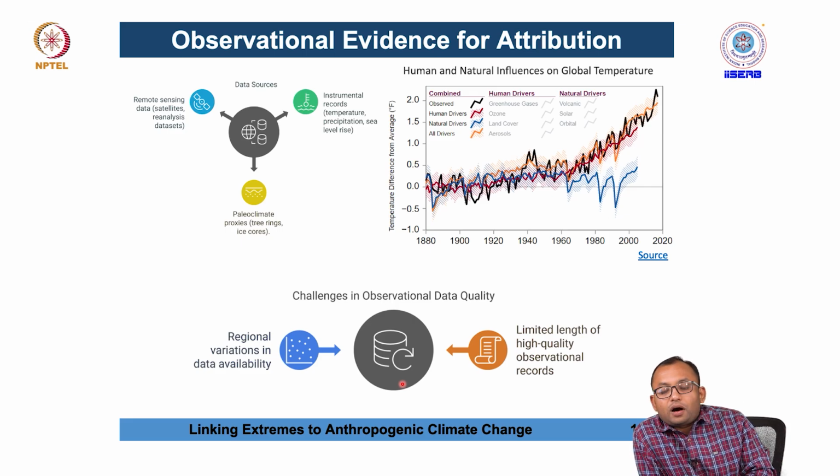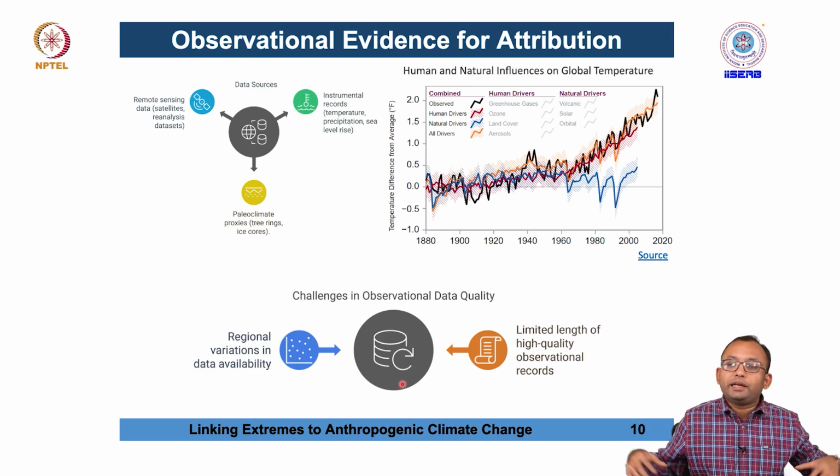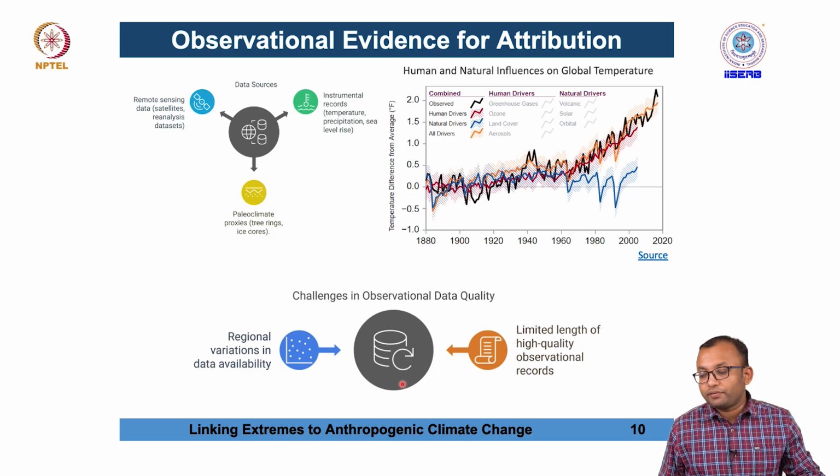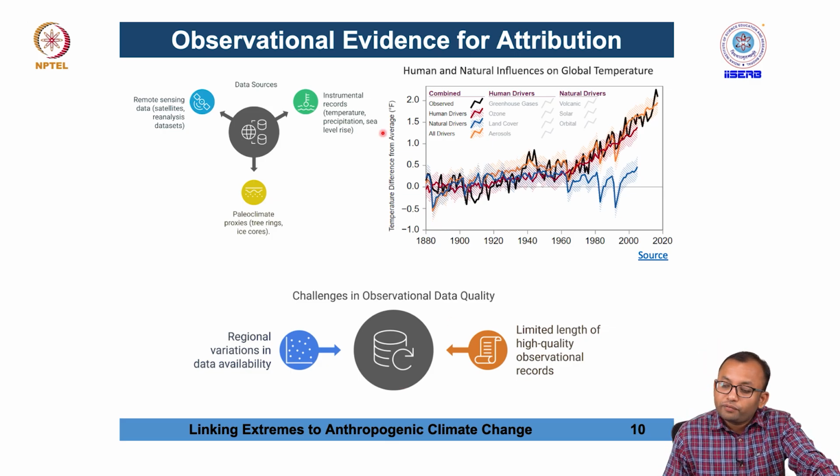What is the role of human activities, what is the role of natural activities, and if we combine natural and human together, what is the overall role of these types of activities? So, this is what we can do using